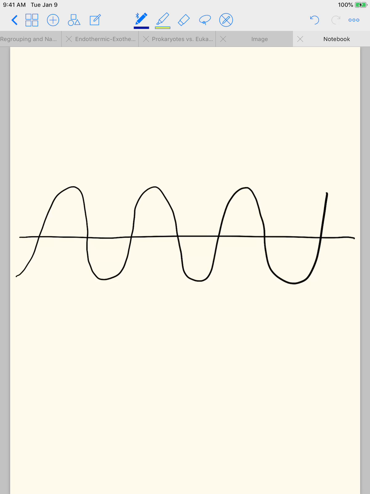Alright guys, we're going to be looking at the different parts of a wave. We're specifically going to be looking at the different parts of a transverse wave. So when you have your transverse wave,